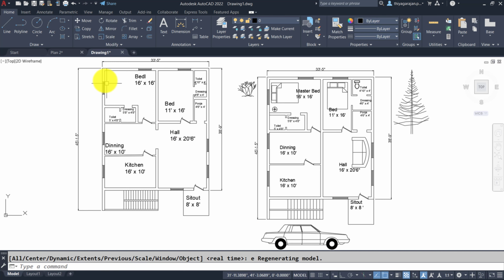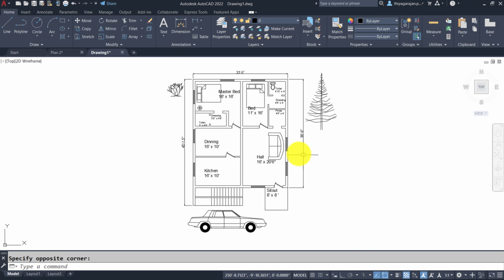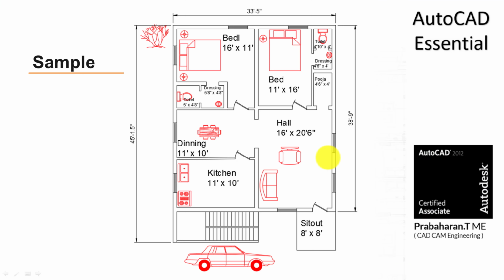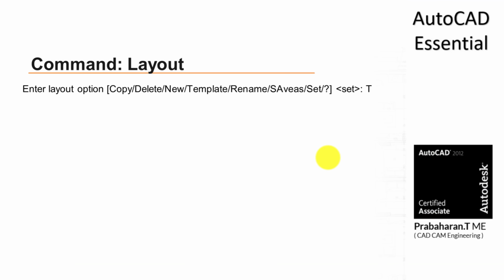Right. So this is our original plan. In that original plan, I have added a lot of information here. Okay. Right. What is the next step? Once we did the plan, next we have to make this plan in appropriate standards. So what we need to do? We need to prepare the diagram for the standards.